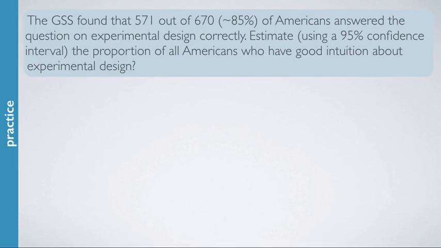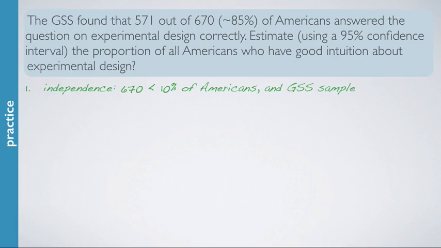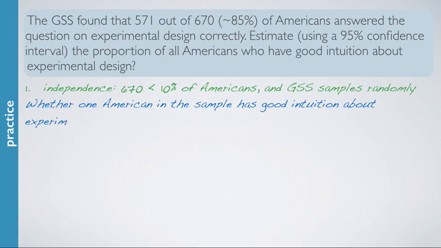The first condition, remember, is independence, and that relies on a random sample and less than 10% of the population being sampled. So we have 670 Americans, which is definitely less than 10% of all Americans, and we know that the General Social Survey samples randomly. Therefore, we can assume that whether one American in the sample has good intuition about experimental design is independent of